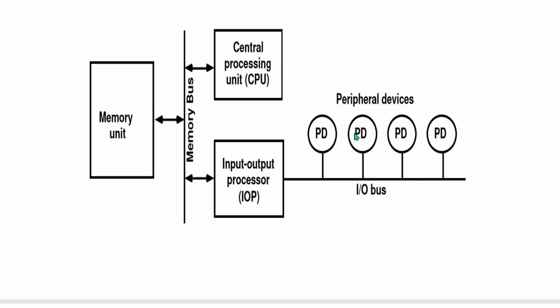Here every peripheral device communicates with only a single IO bus. That means any computer would otherwise need separate interfacing for every peripheral device. But in this case, every peripheral device is connected directly to only the common IO bus. That means it avoids the individual interface into the computer.